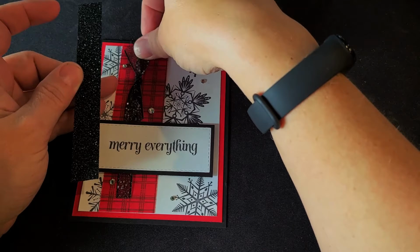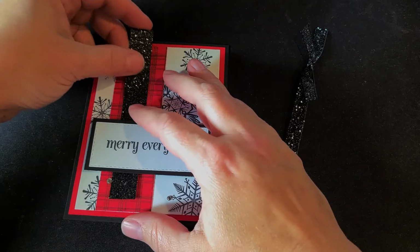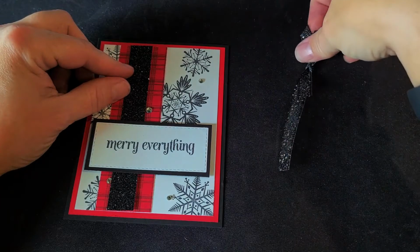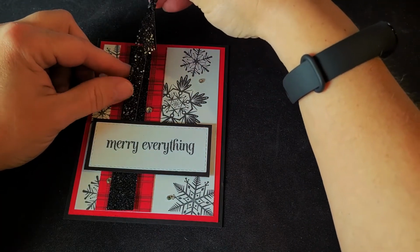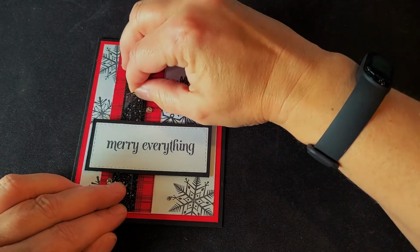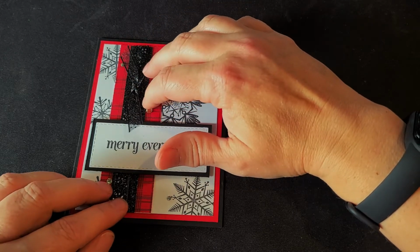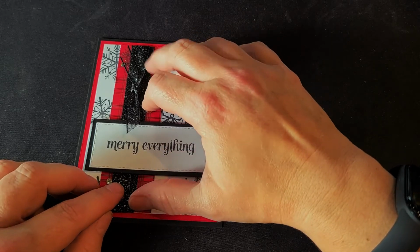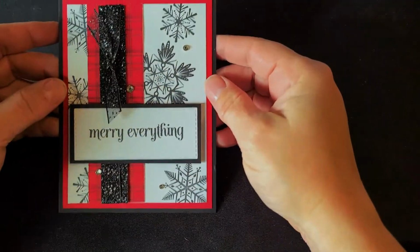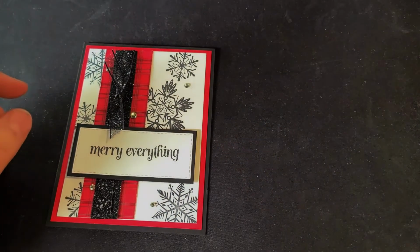So I cut a little strip of it to place behind the trim just to give it a little more oomph. I love fancy cards. These are going to be used for sending to family, friends, and customers. So I plan to, with the little strip of trim going over the top, I will do this. And then the only other thing about this card I would love to see, I do love the 5 different rhinestones that they added, but I want to see something on the sentiment layer, so I have brought out